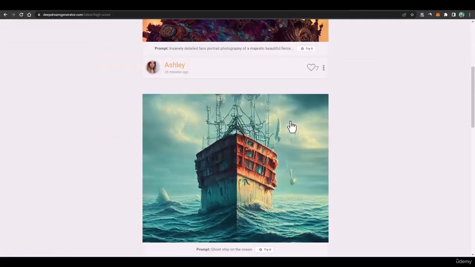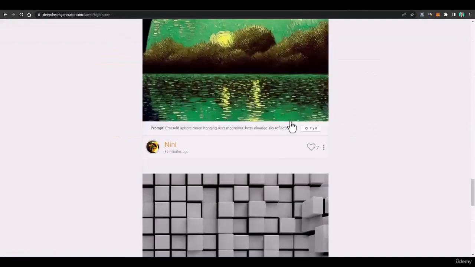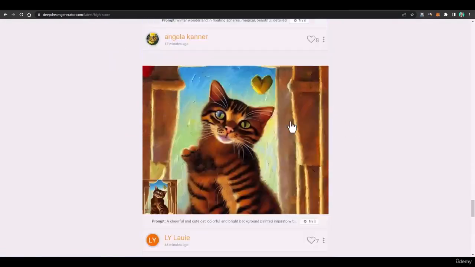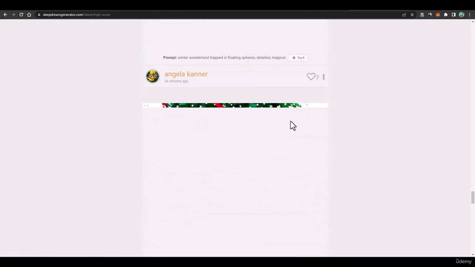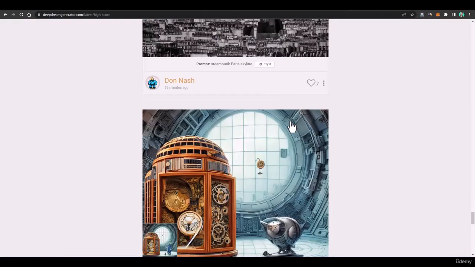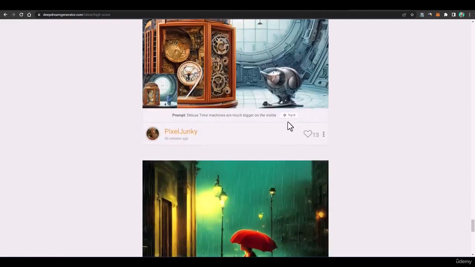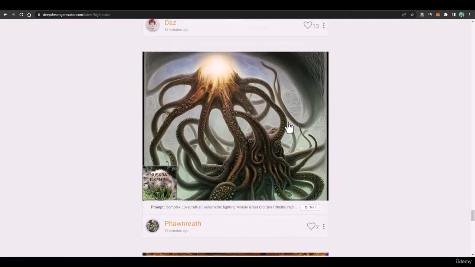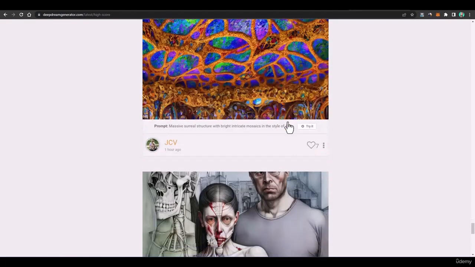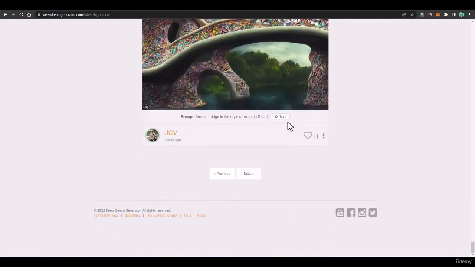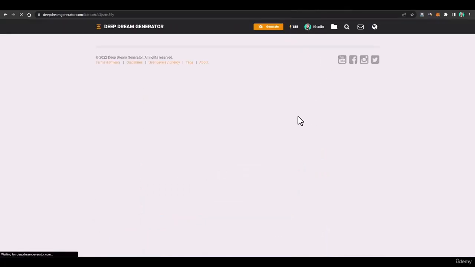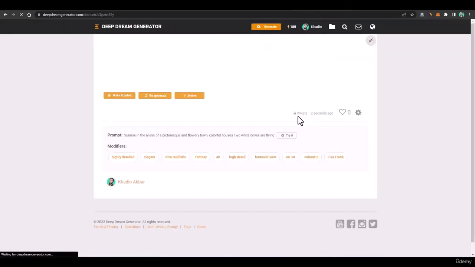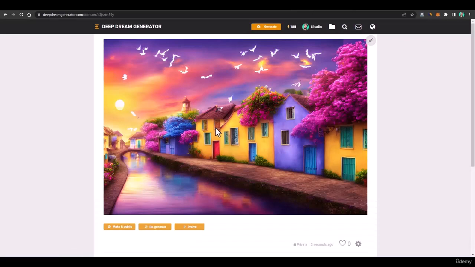You can browse this feed more, and you can see if something works for you, if something is beneficial for you, or something is good for you. And here you can see there are different arts, and not all these arts are text to dream. These are from different tools that we'll be covering in the next lectures. But here you can see, oh my god, this is the art we got using our own modifiers.